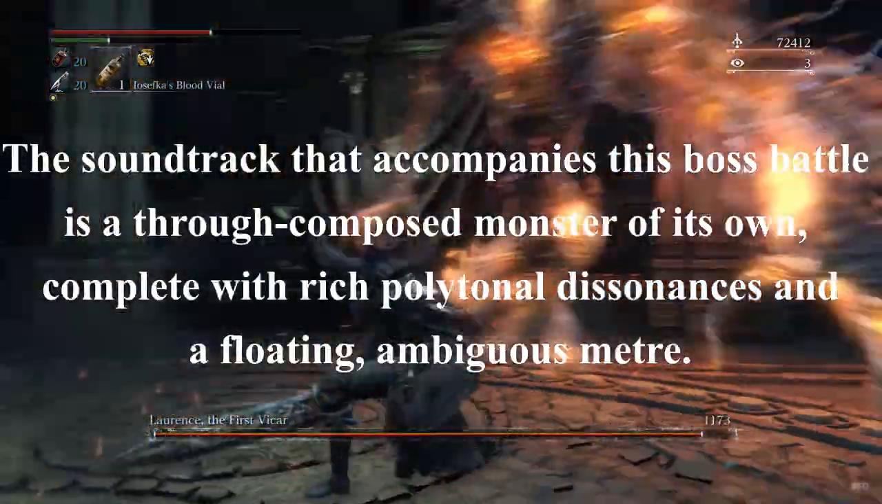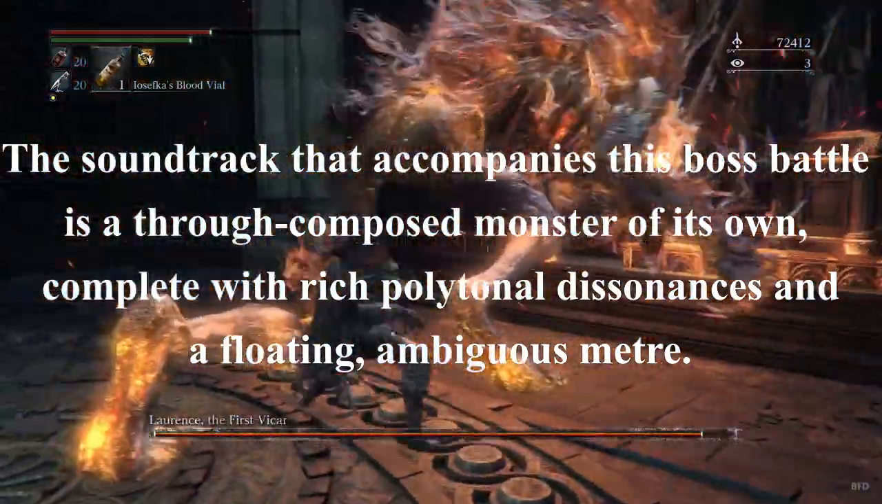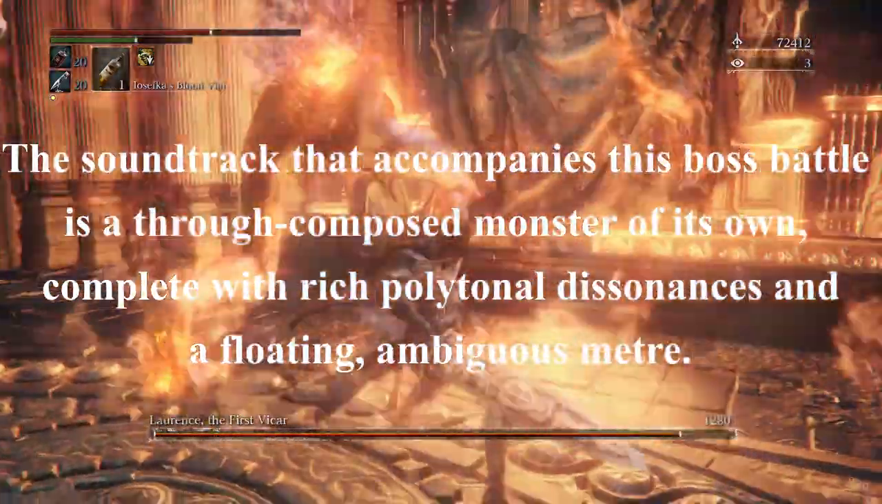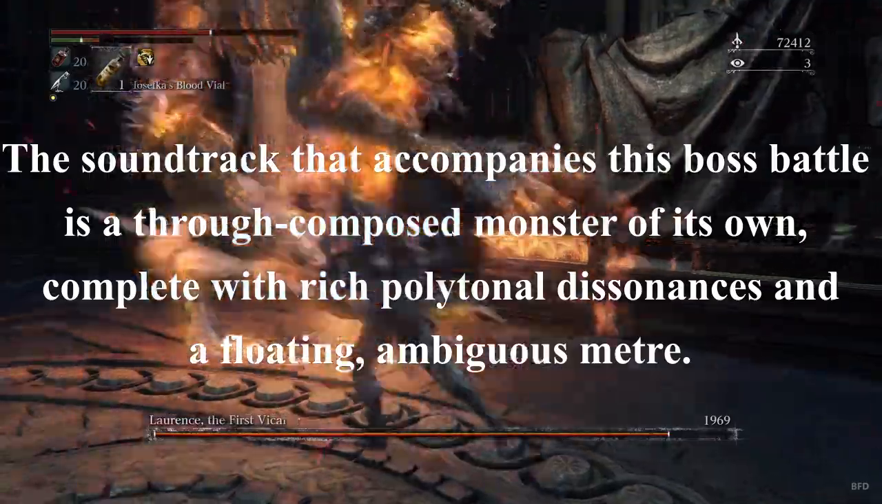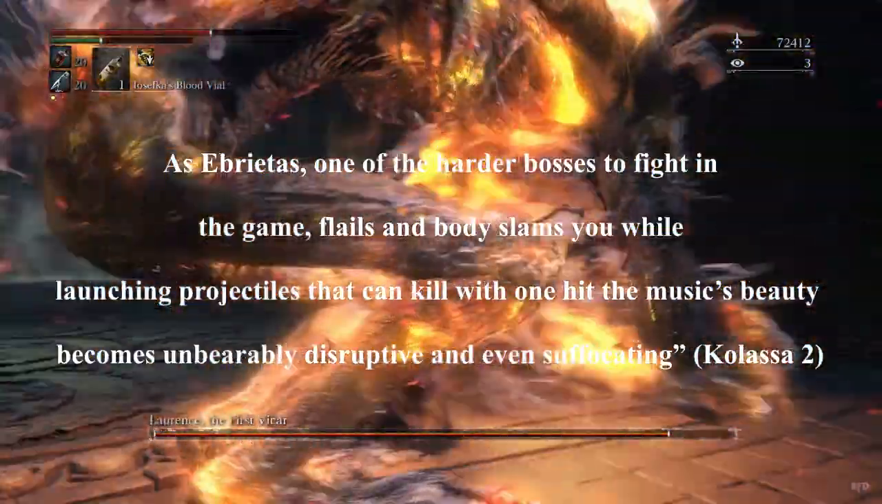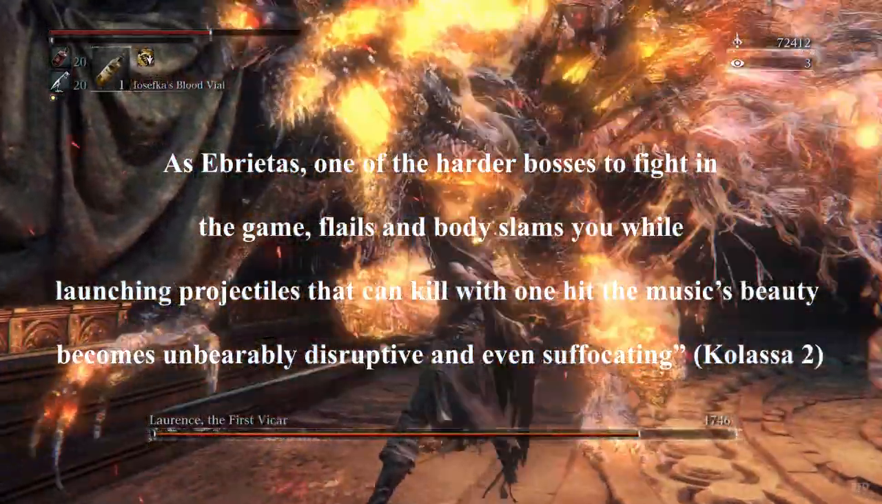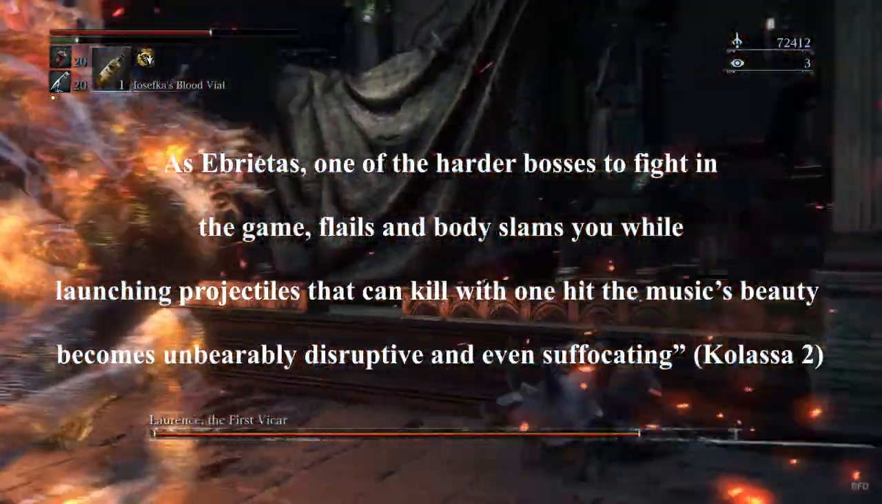The soundtrack that accompanies this boss battle is a through-composed monster of its own, complete with rich polytonal dissonances and a floating, ambiguous meter. As a Beatros, one of the harder bosses to fight in the game, flails and body slams you while launching projectiles that can kill you with one hit, the music's beauty becomes unbearably disruptive and even